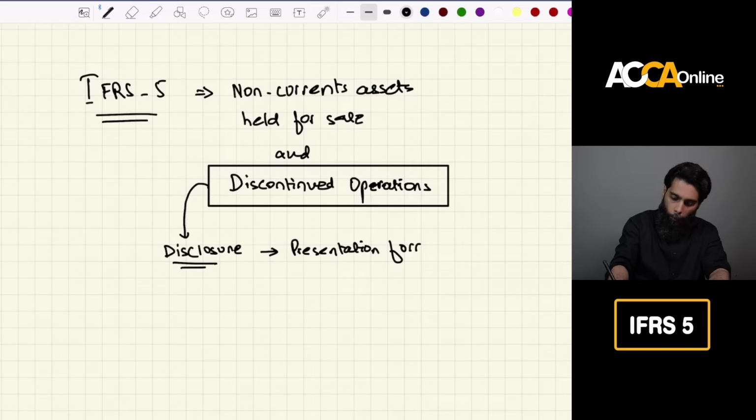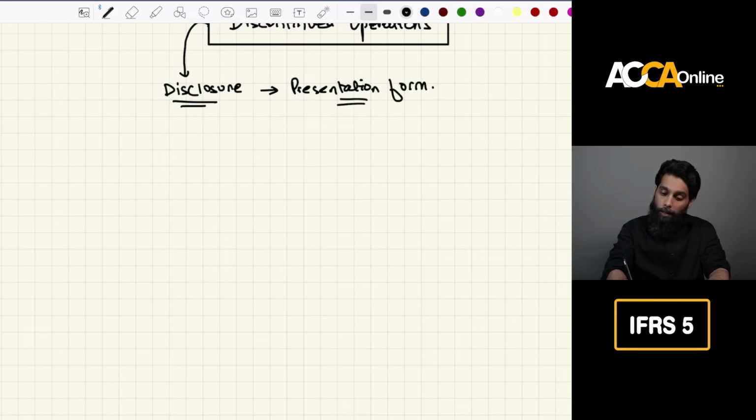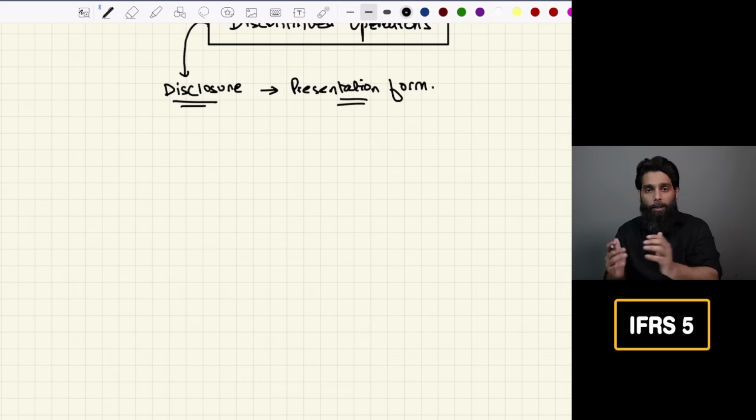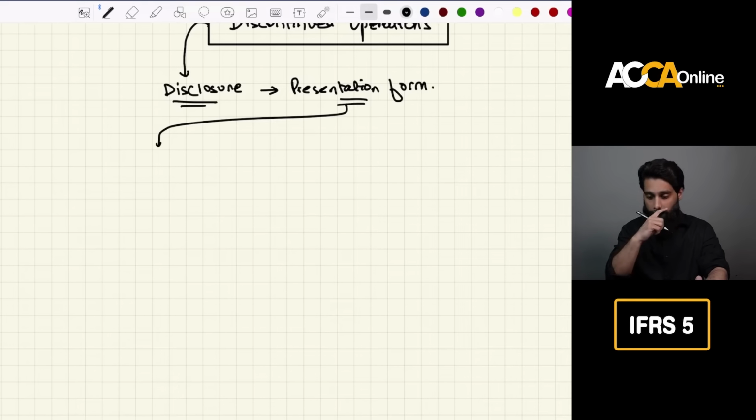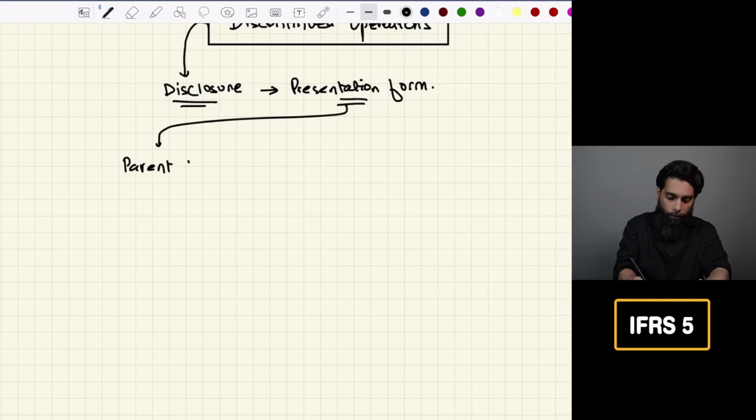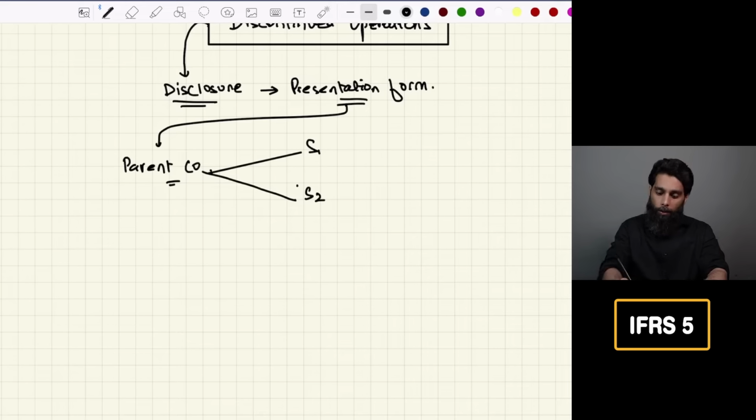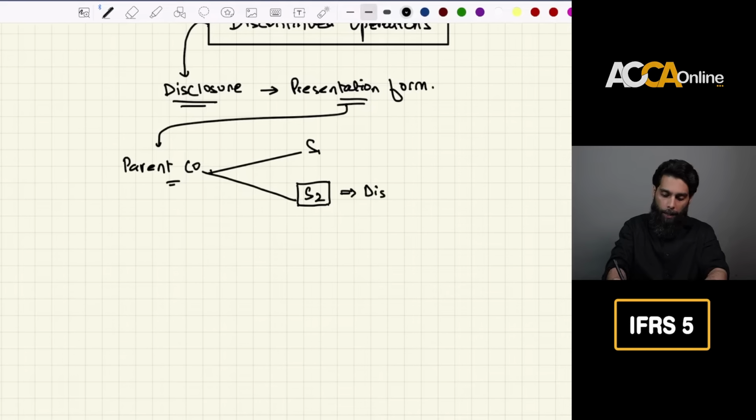And what do I mean by that? Let's discuss what I mean by a different presentation form. For example, the examiner can provide you a scenario, and a similar type of scenario we are going to discuss as we move ahead in this class. For example, there is a parent company who has two subsidiaries, let's say subsidiary number 1 and subsidiary number 2. Now, this subsidiary number 2, which represents a separate geographical area of operation, is being discontinued or disposed